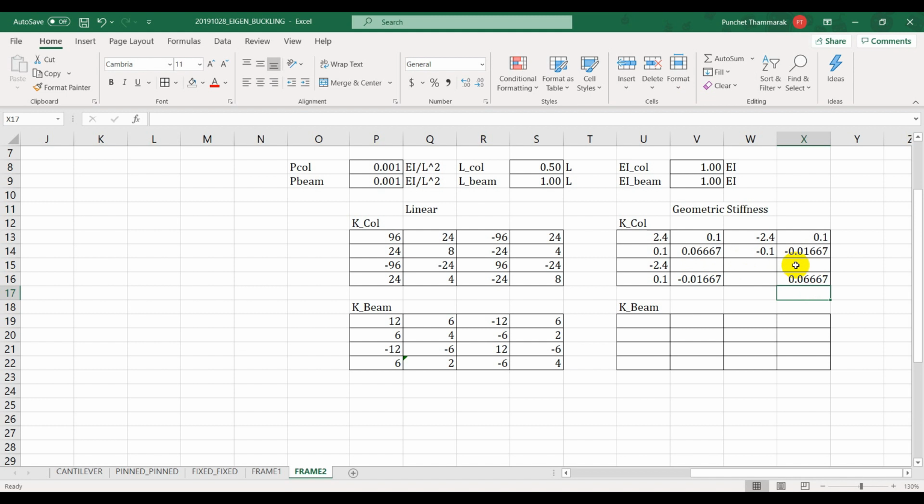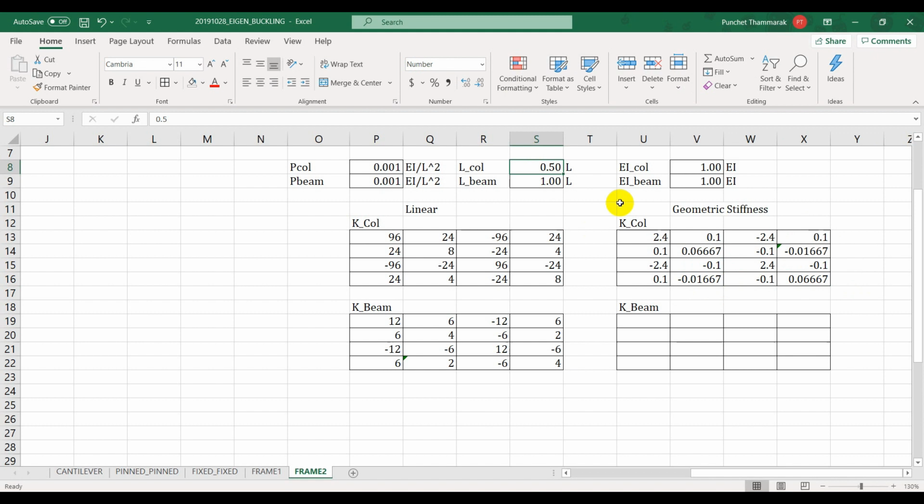What else? Minus L over 10 and then 6 over 5, which is this one, and this is minus L over 10 and minus L over 10. Okay,